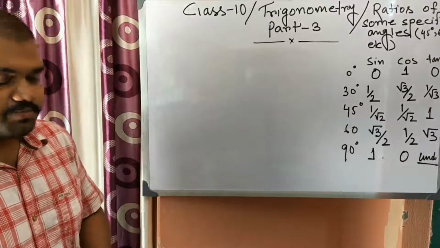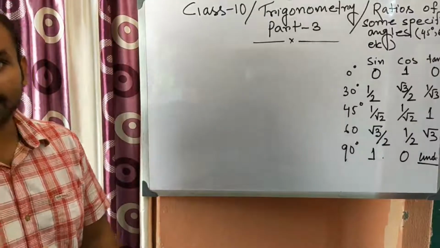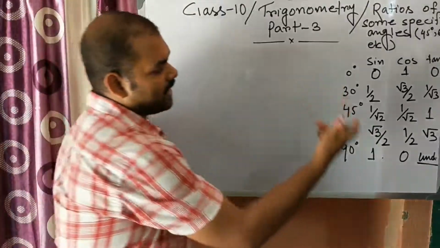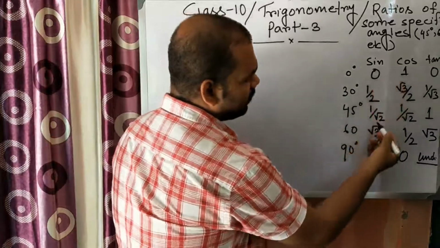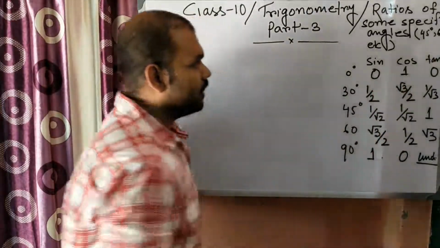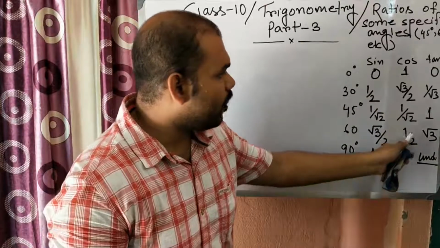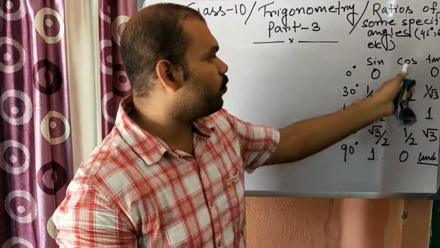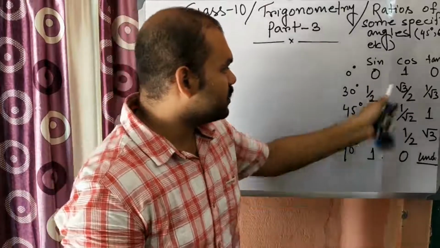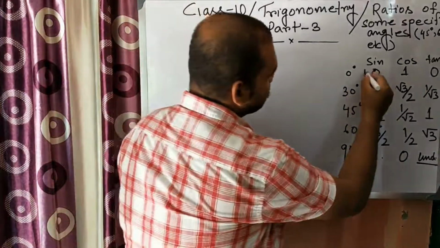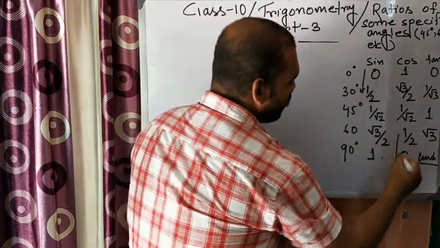Okay, there is a simple way by which you can remember the chart. What is the value of sine? 0, half, 1 by root 2, root 3 by 2 and 1. Now what are the values of cos? If we come like this, 1, root 3 by 2, 1 by root 2, half, 0. So this is just the opposite. The sequence for sine is downward and this is for upward.